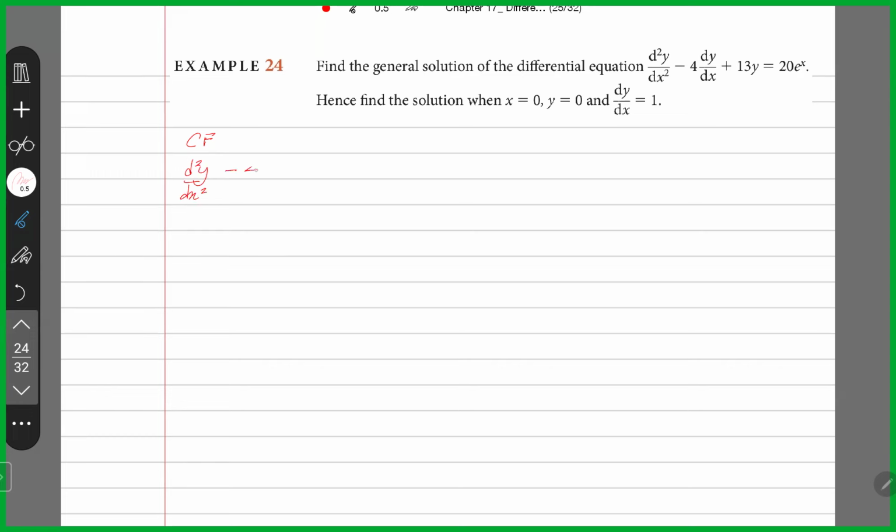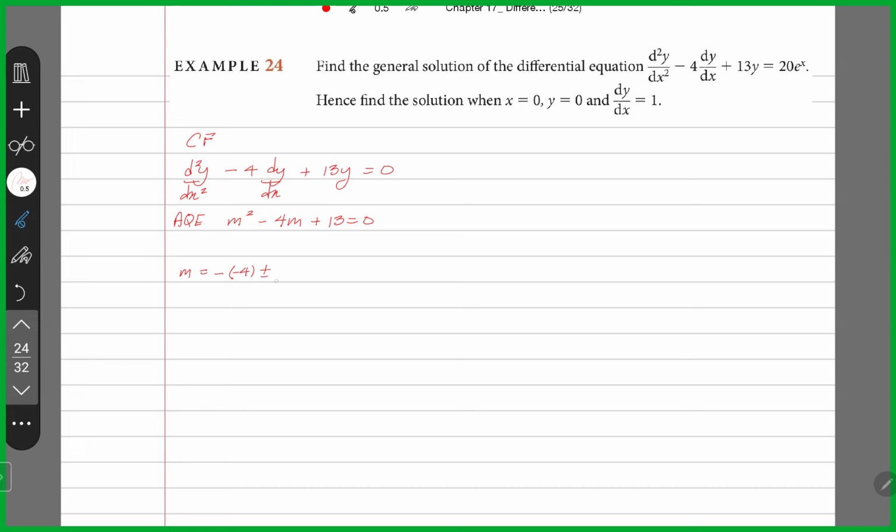minus 4 dy by dx plus 13y is equal to 0. For that, we need the auxiliary quadratic equation, which is m squared minus 4m plus 13 is equal to 0. All right, so we cannot solve this by the method of factorization. So we have to use the quadratic formula, which is m is equal to minus b